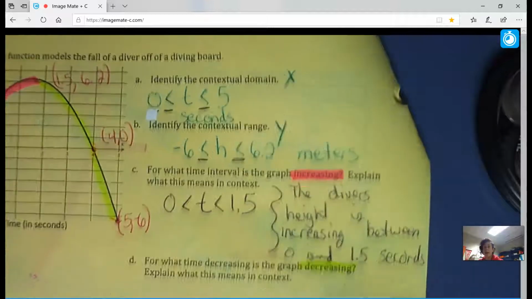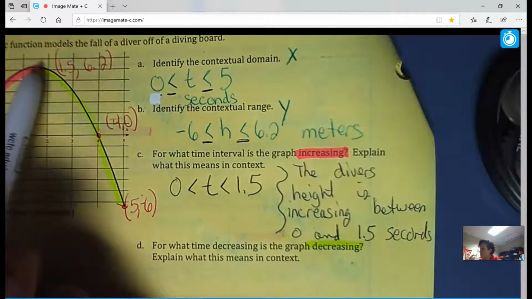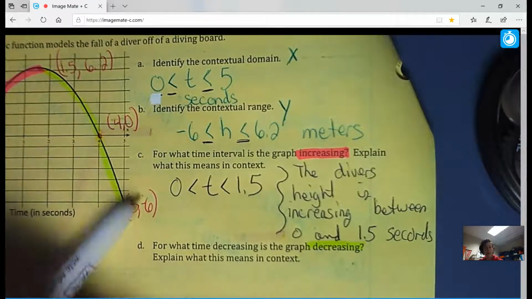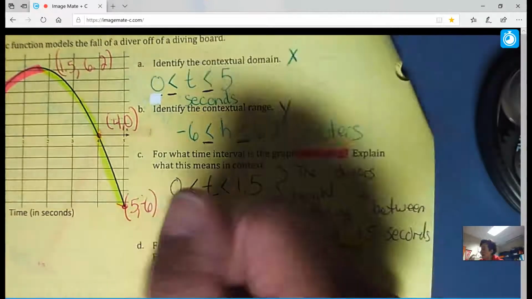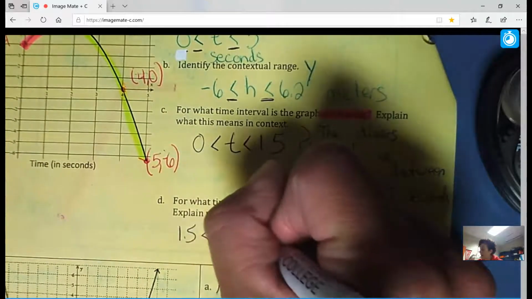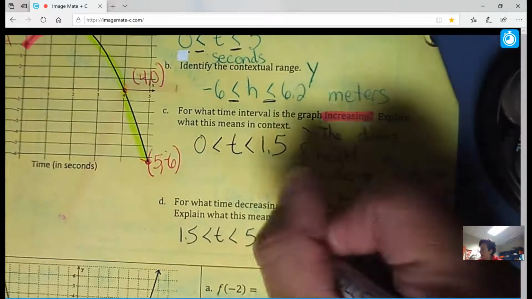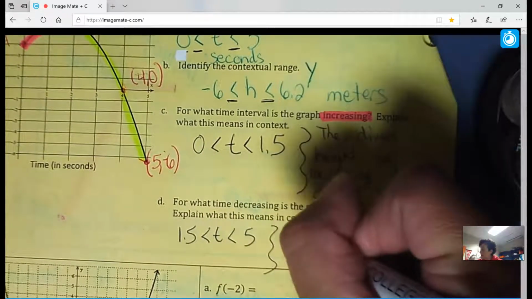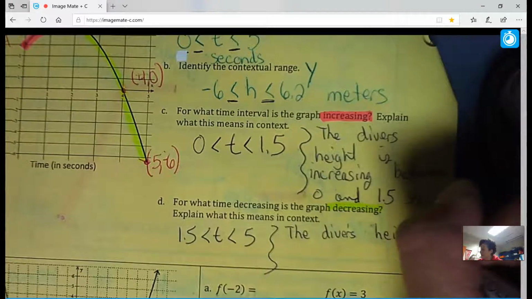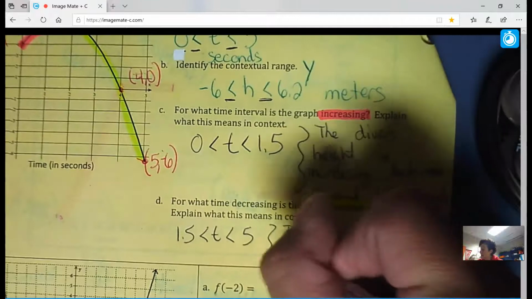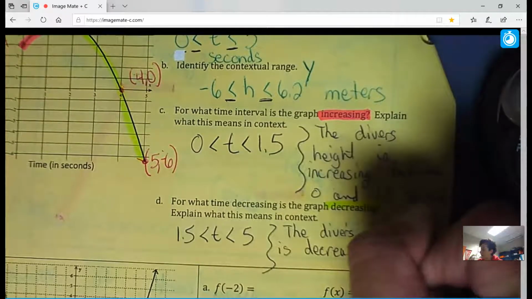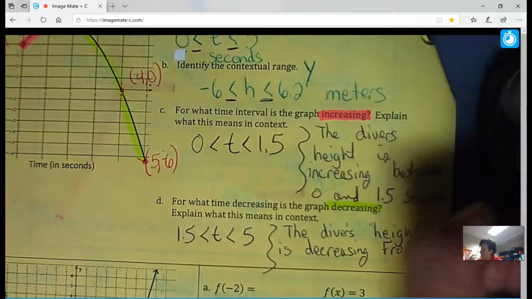All right, now I want to talk about decreasing. So where does it start and where does it end? It starts at the 1.5 until I get to the bottom where I marked it as about 5. So 1.5, again, I'll put T for time, to 5. And we'll say the diver's height is decreasing from 1.5